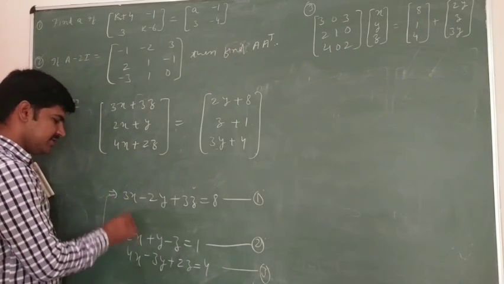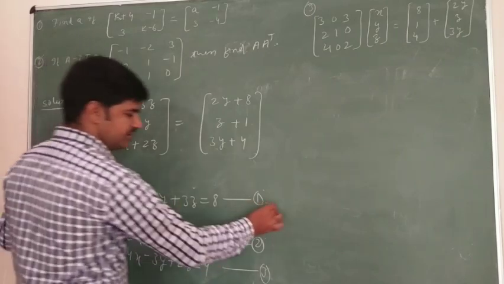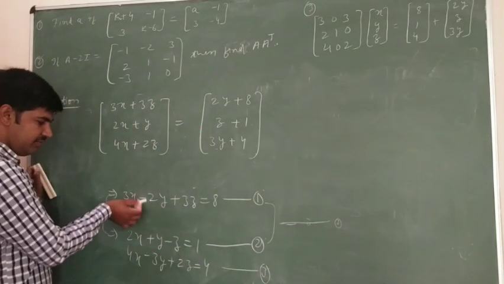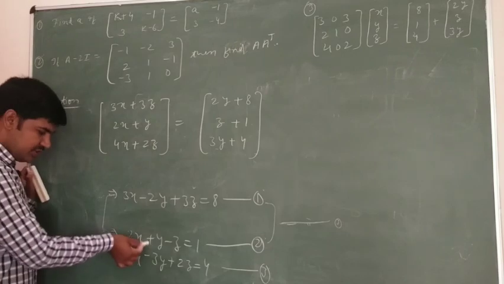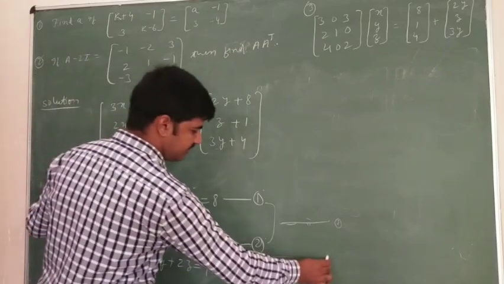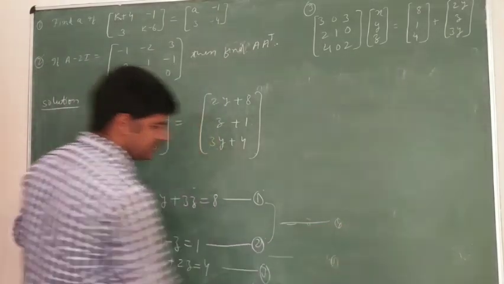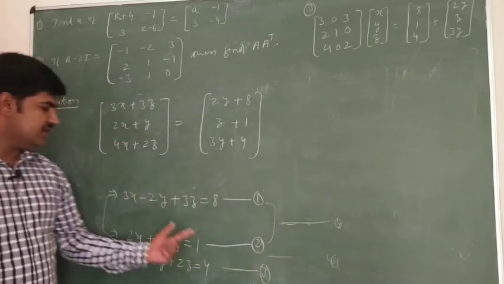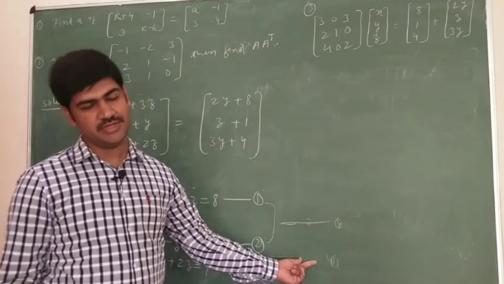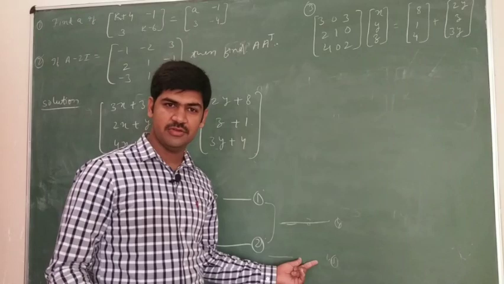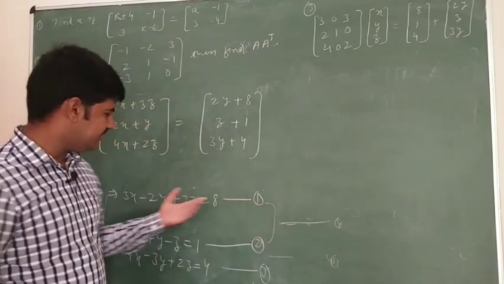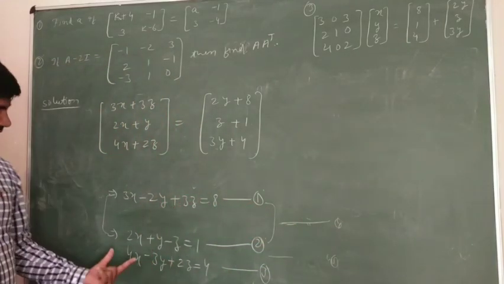Using these two equations you can eliminate x and get a new equation in variables y and z. Similarly, using the other pair of equations, you get another new equation; these will be the fourth and the fifth equations. So here we have got two new equations in the variables y and z. You can solve them by any method, as everybody knows how to solve a pair of linear equations in two variables. You can get the values of y and z, put them back, and you can get the value of x as well.